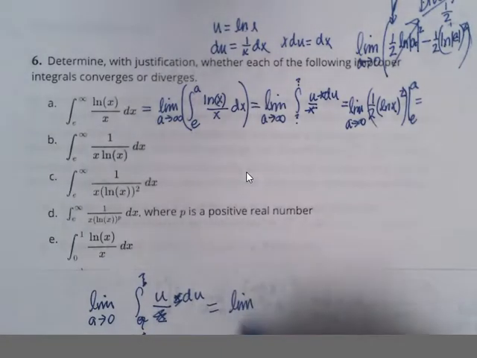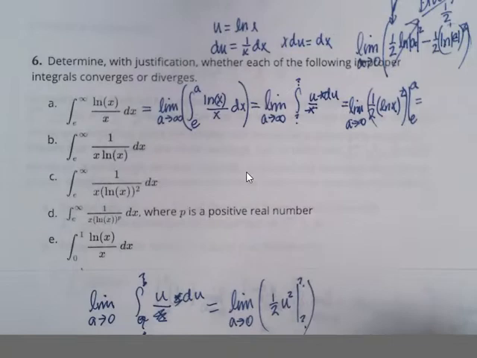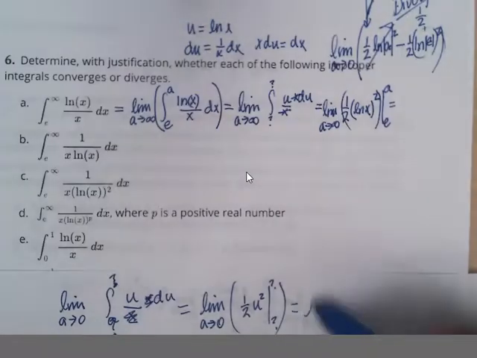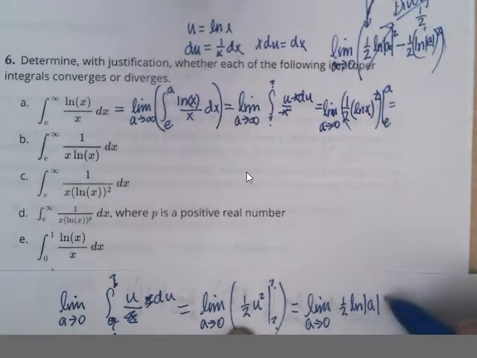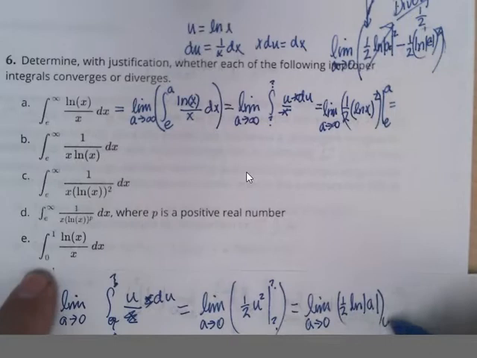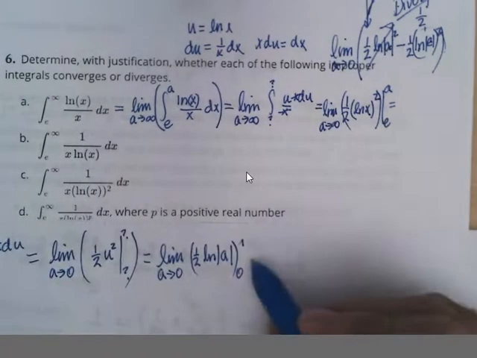So I have the limit as a approaches 0 of 1/2 u squared evaluated from something to something. Change it to x's, so we have the limit as a approaches 0 of 1/2 ln a as we go from back to our original, which was 0 to 1, and that becomes